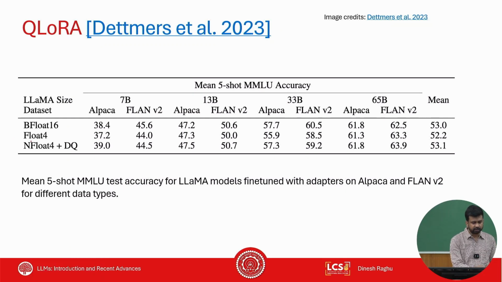So if you use only 4-bit quantization, like say float 4, then there is always a drop compared to doing the usual one, which is using BF16. So 38 becomes 37. There is a drop here, right? But when you use normal float 4 plus DQ, again DQ is not going to help in accuracy, but it will help in storage. But adding both, you end up getting actually slightly more mean than even the BF16, but that's only a little bit. For all practical reasons, you can assume that it's able to maintain the half precision performance.